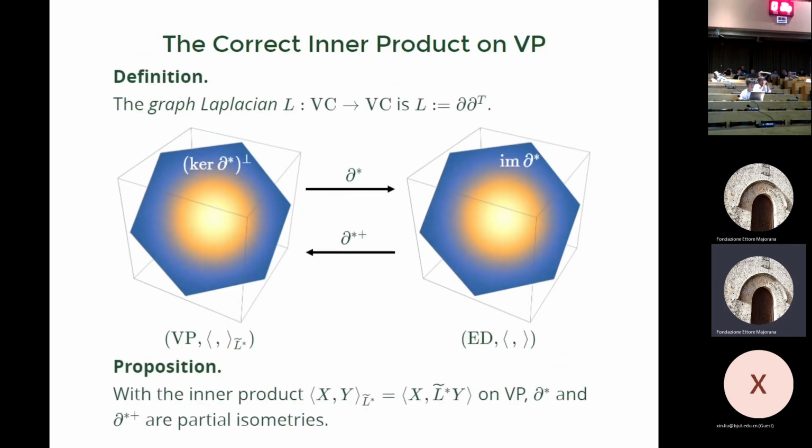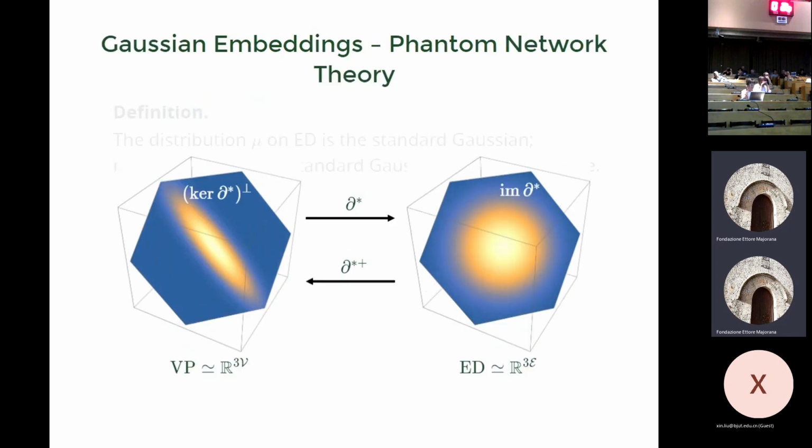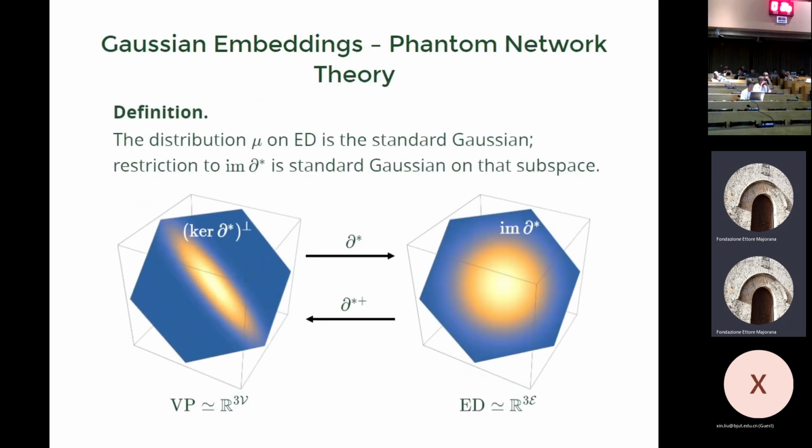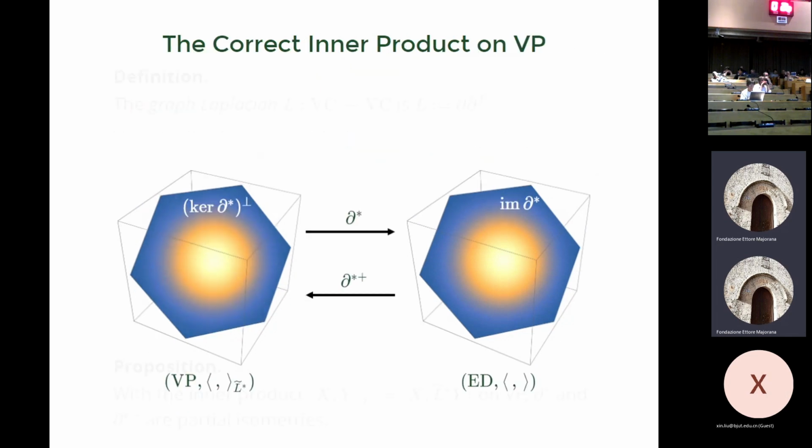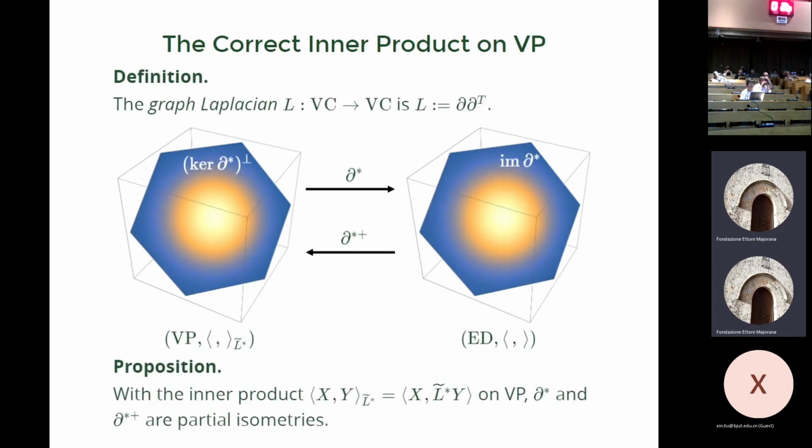But it turns out that, I'm thinking of just the standard dot product on this space, which is just R to the d times the number of edges. Now on this subspace, in the previous picture, I had this skewed Gaussian, which is the push forward of the Gaussian here by this linear map. But if I change my inner product, that weird Gaussian becomes a standard Gaussian. So what was that weird Gaussian? Well, it was really just a standard Gaussian with respect to a different inner product.